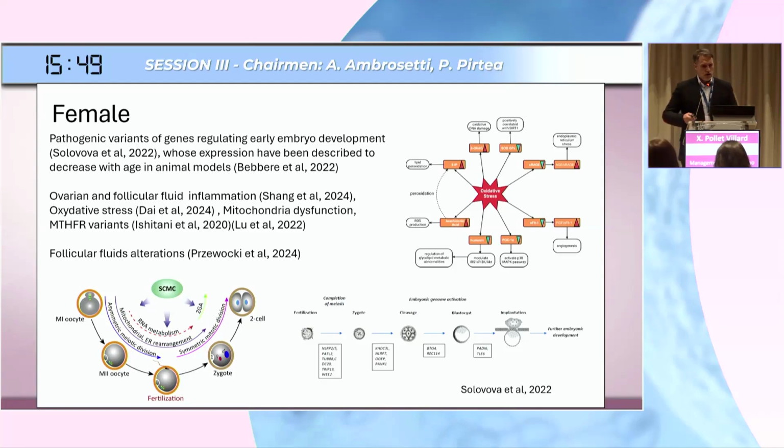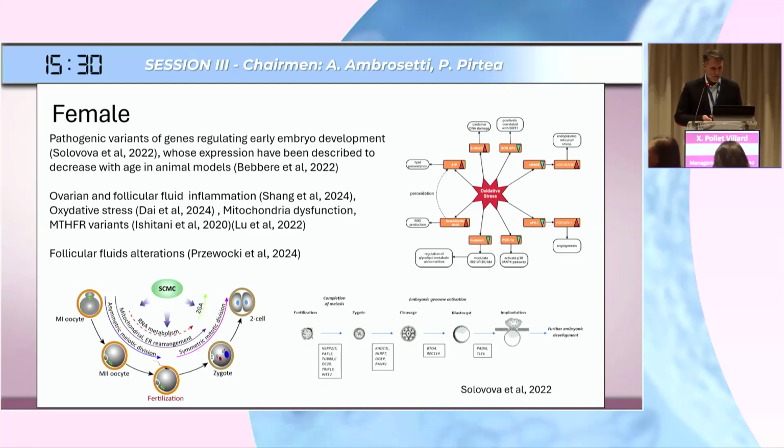And we have also a lot of papers about ovarian follicular fluid inflammation, oxidative stress effect on the spindle, the membrane of the oocyte, mitochondrial dysfunction, even variants in the MTHFR genes, and follicular fluid alterations that have been linked to poor